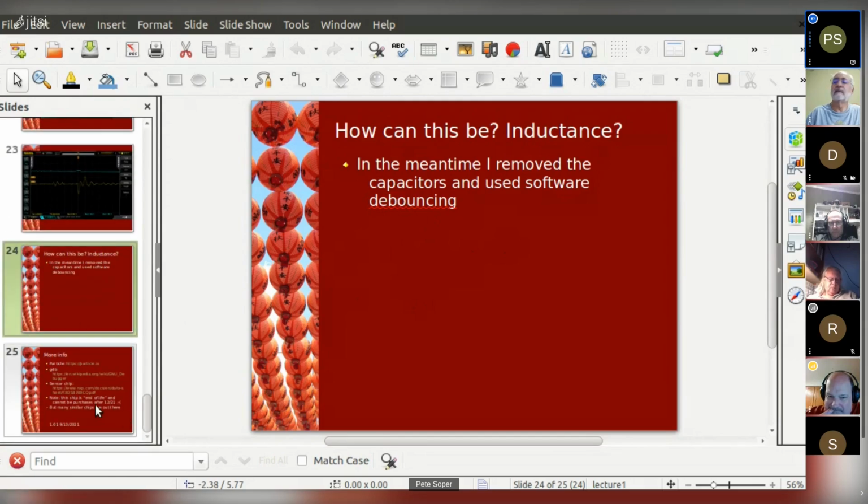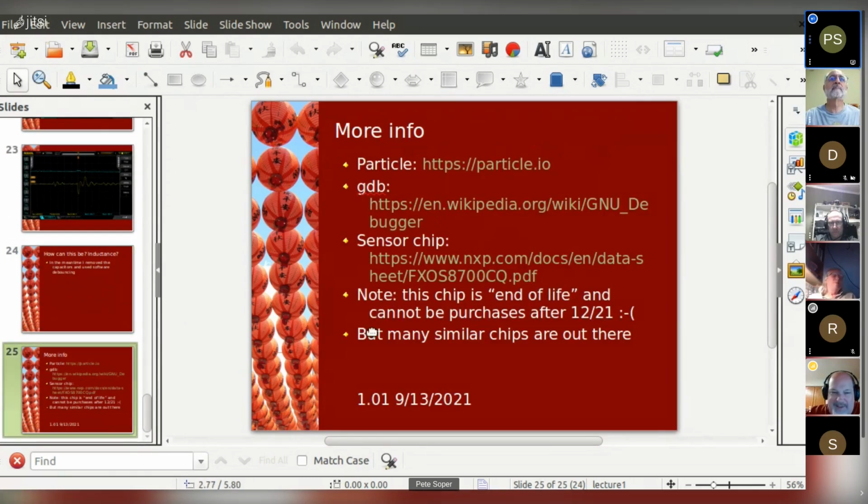Well, that's all I've got. Here's some information. Again, let me type the URL of the slides in while we're talking. I'm trying to think, what is it? Which NXP chip is that called? The FXOS8700CQ. I know, but there was a general name for that, a layman's name.